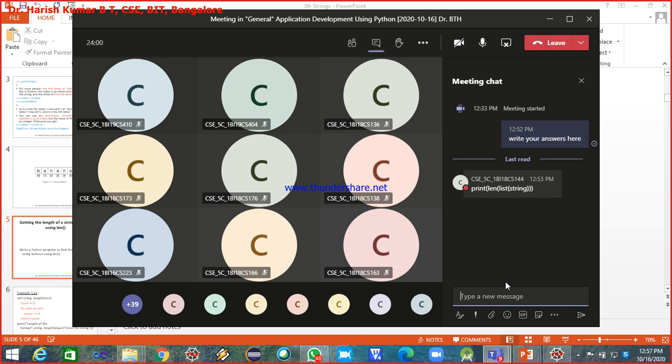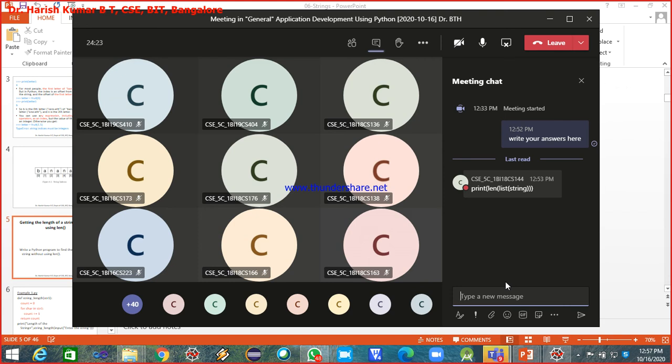Okay, print length of list of string. Now I told not to use the built-in function len. So the question was like that. Now this is fine.